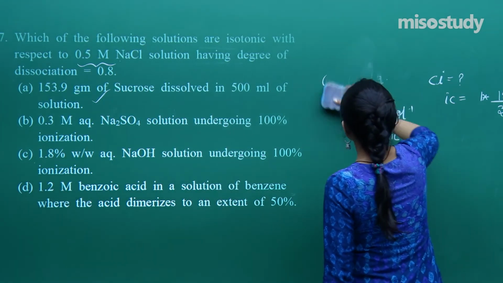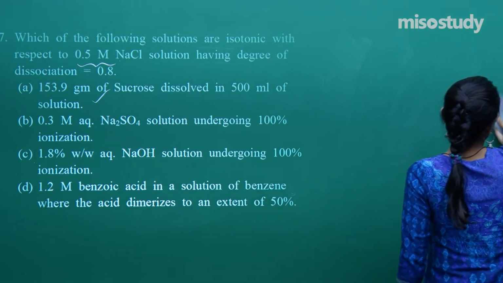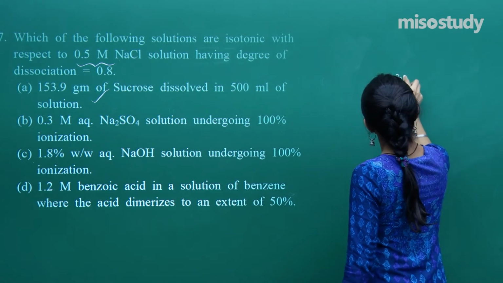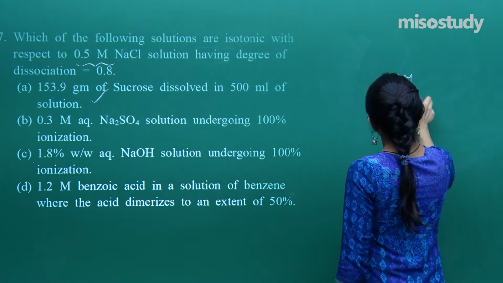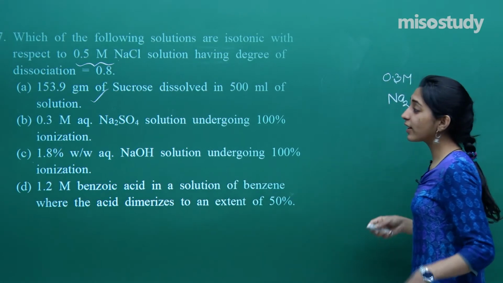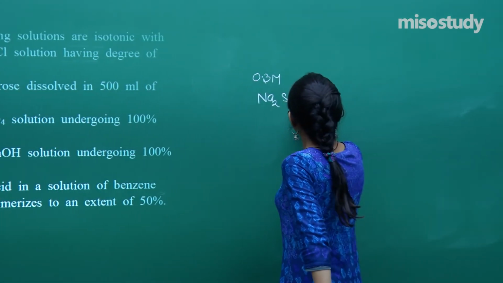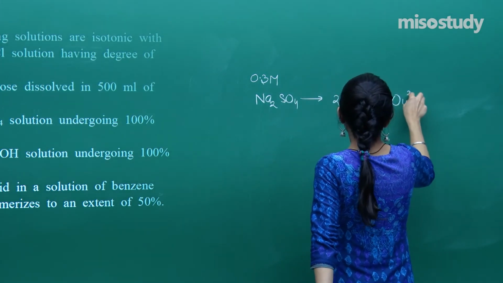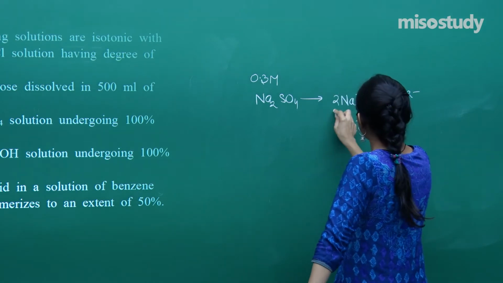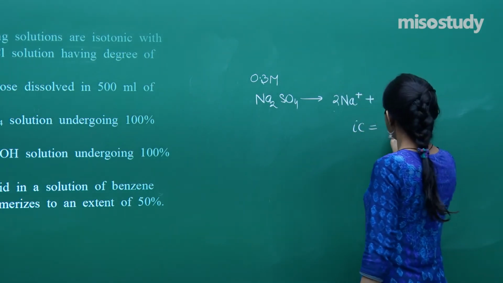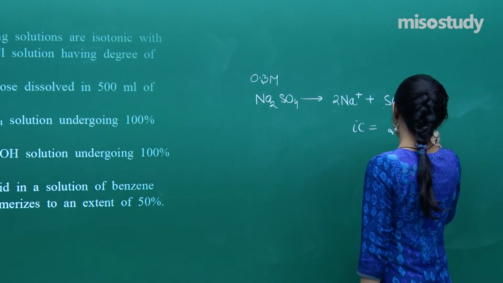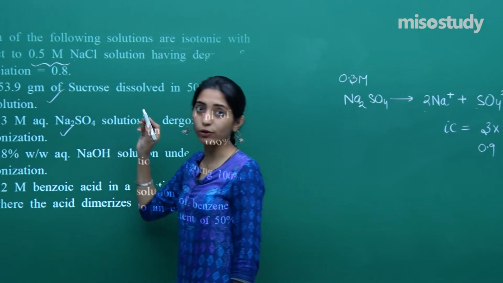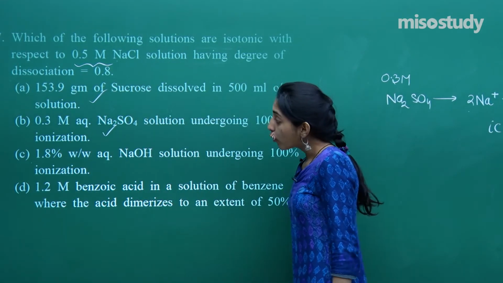The second part says 0.3 molar Na2SO4 undergoing 100% ionization. So when 100% ionization is there, you will get 2 Na plus and SO4 2 minus. So the i value will be 2 plus 1, 3. The i value is 3 into concentration 0.3. So once again, iC is 0.9. Since iC is the same, this will also be isotonic. Okay. Moving further,